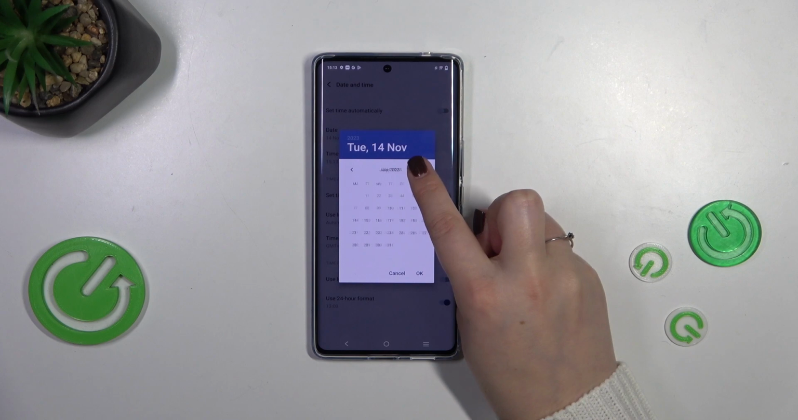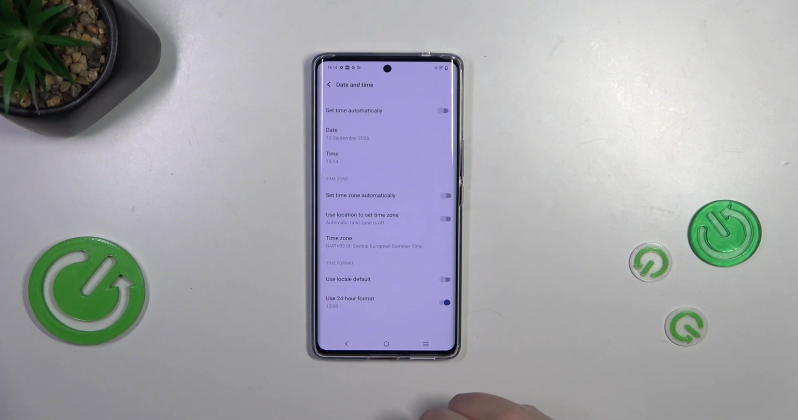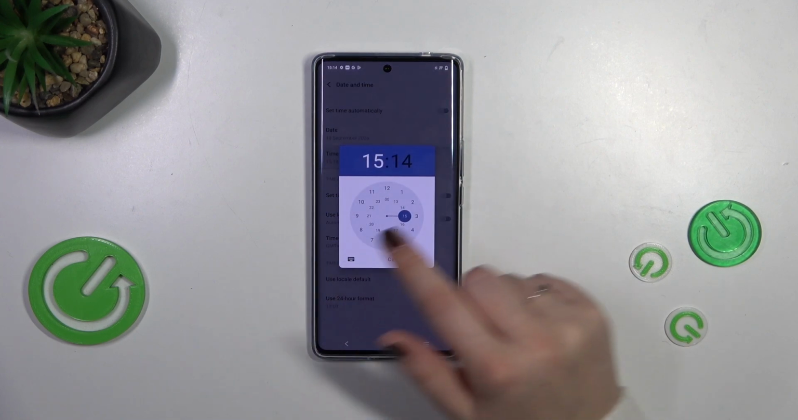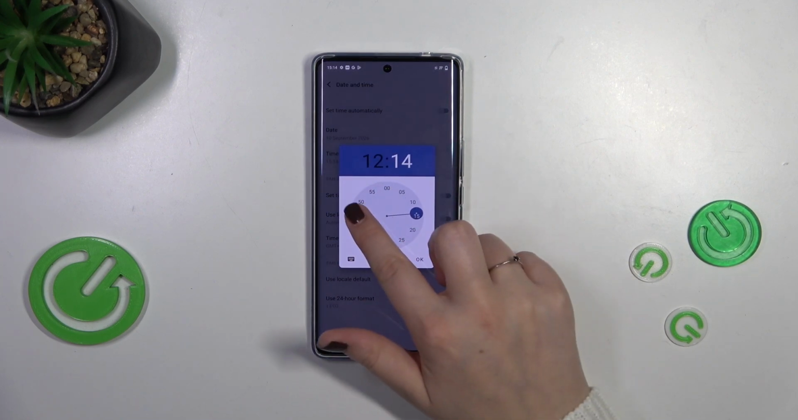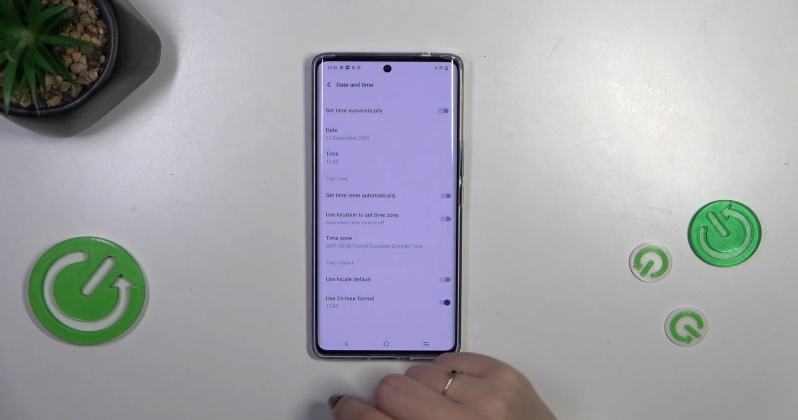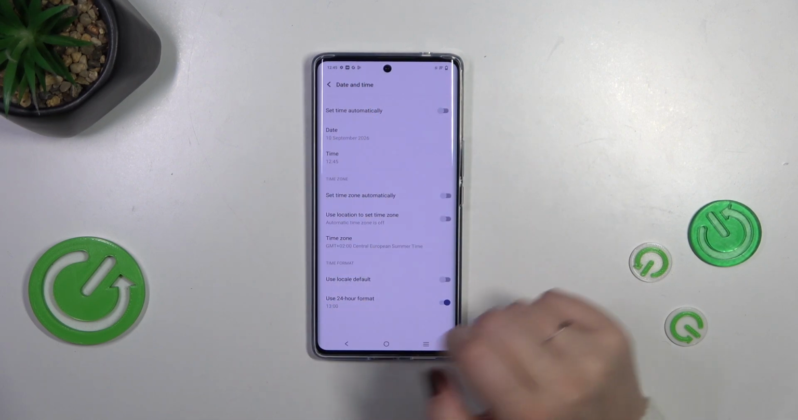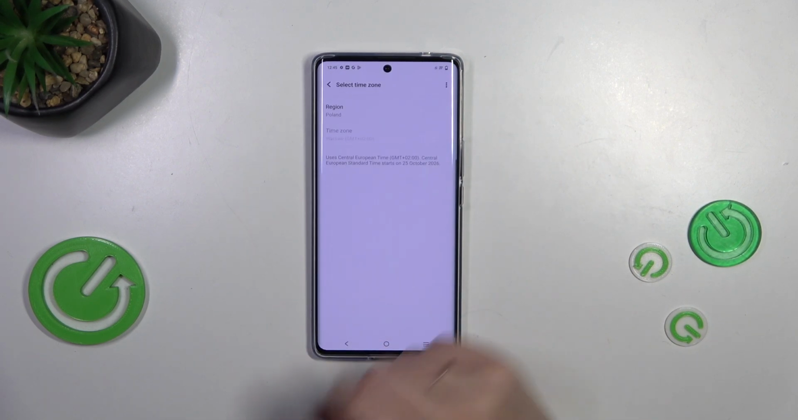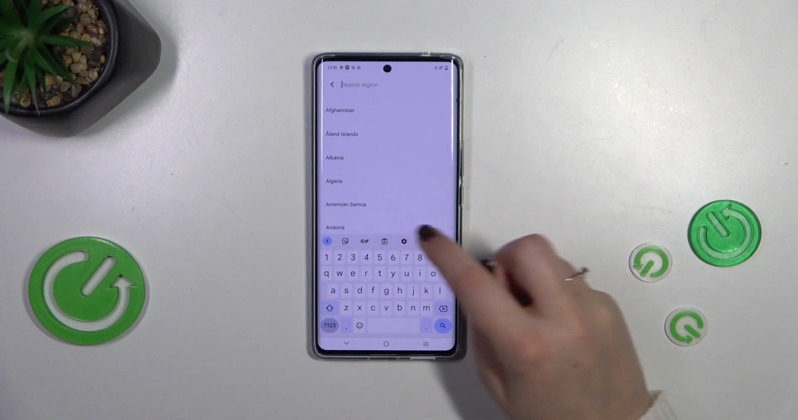And as you can see from the calendar, we can find the date we want to use and tap on it, confirm it with tapping on OK. The same situation with the time, just choose it from the clock and it will be immediately applied to the status bar. We can tap on the time zone, tap on the region, and here